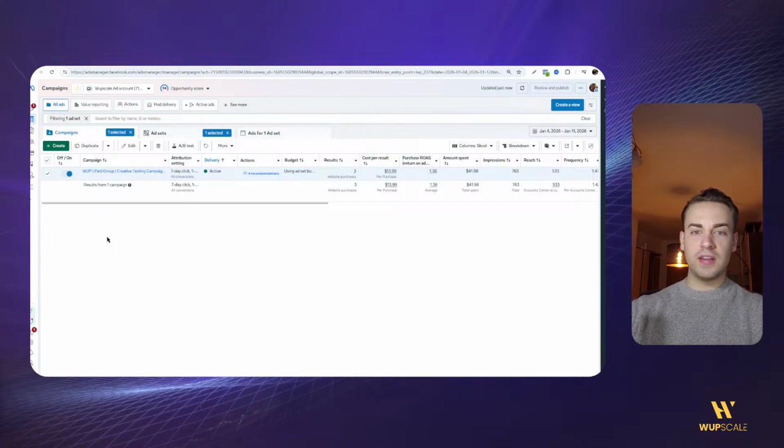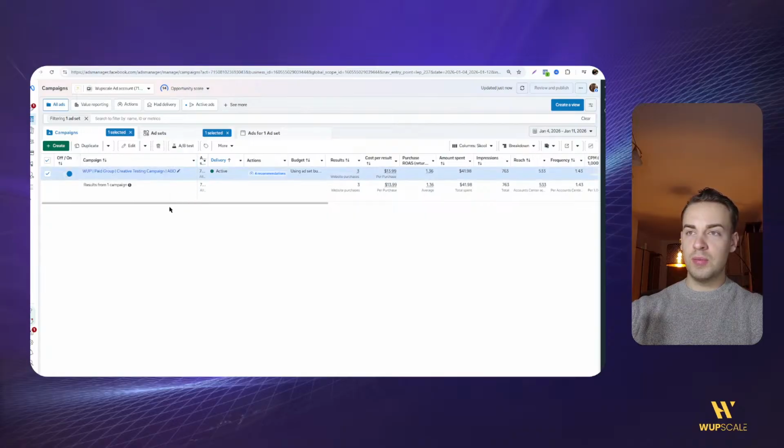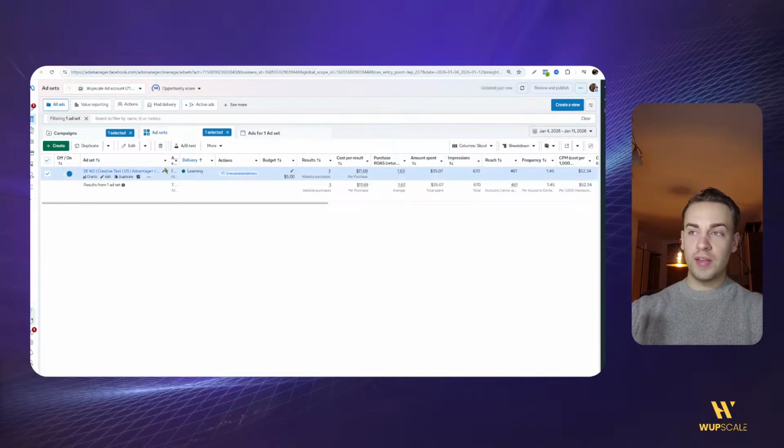Here's one ad set that I'm showing. This is ads I currently have running because I'm promoting my paid school community. So if we go inside the campaign, I'll also show the naming conventions. So this is a paid group creative testing campaign and an ABO. ABO means Advantage ad set budget optimization. And then if you go to the ad set level, you see that the budget is set on the ad set level. Now I named this ad set